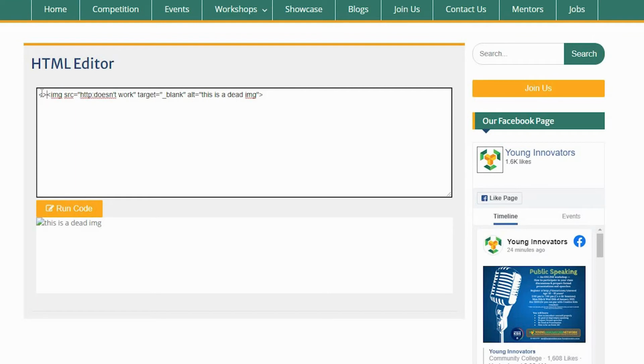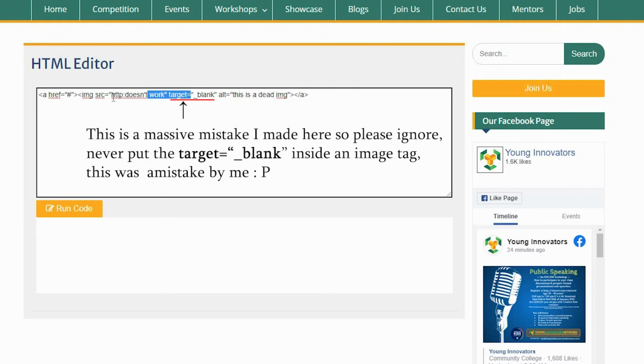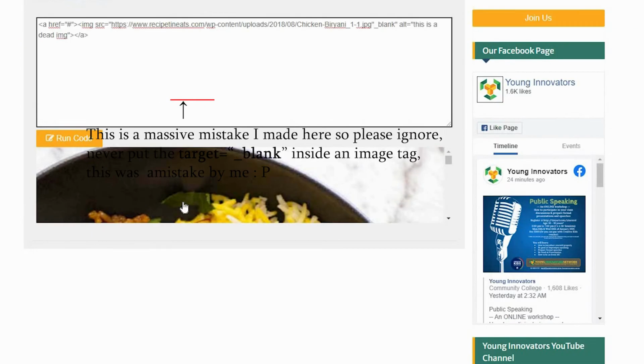And also, another thing we learned about images is that you can also do this. Equals to. Hashtag will make this a dead link because it's only an example. And then slash a. Oh wait, I think I need to put an actual image. I'll get the same image I got for biryani. There we go. Run code. If I click the biryani,